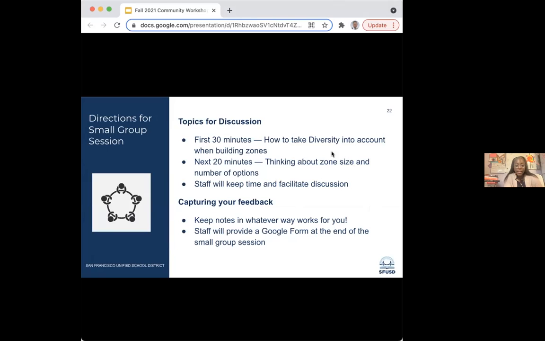All righty. We're going to transition into our breakout rooms in just a moment. You'll see a join button just like you did for our icebreaker to join your breakout room. Your breakout room will have a facilitator that will help guide and lead you through the conversation and through all of the prompts. They will also be taking notes and or recording parts of the session so that we can use it to guide us along as we design the zones.